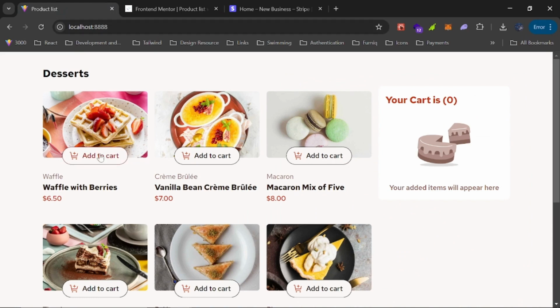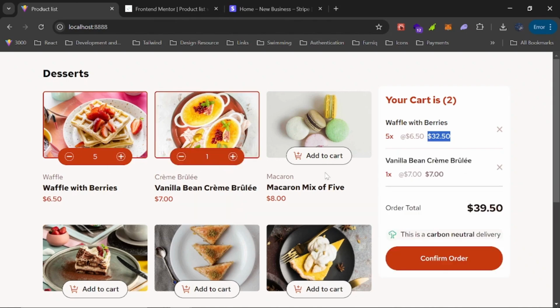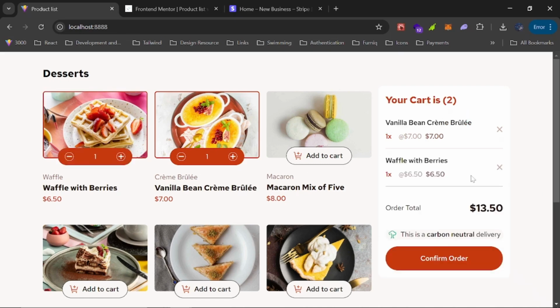So basically, we can add products, and as you observe, the state changes to the quantity. Then we can increase the quantity, and this is the base price, which is this, while this is the amount based on the quantity. So you can increase it, you can add multiple ones, and you can remove as well. And if I refresh, you notice that it's still persisted, and we are going to still take it a step further by implementing payment